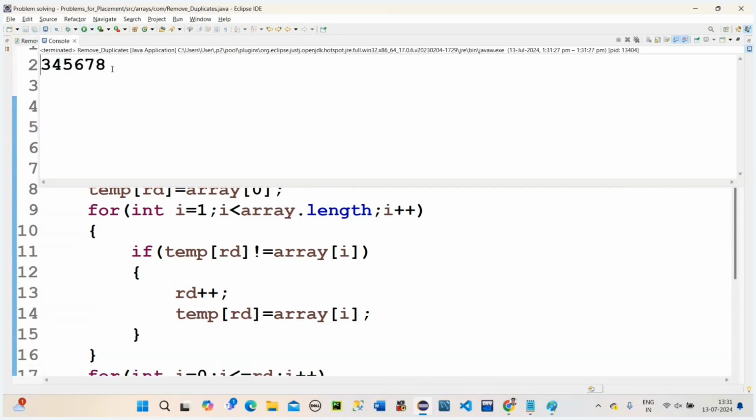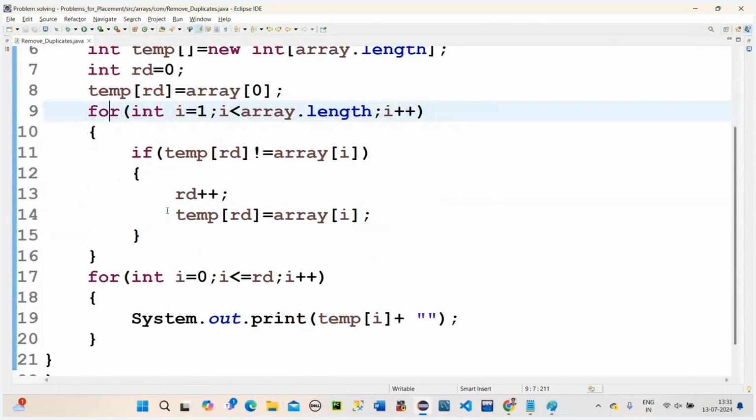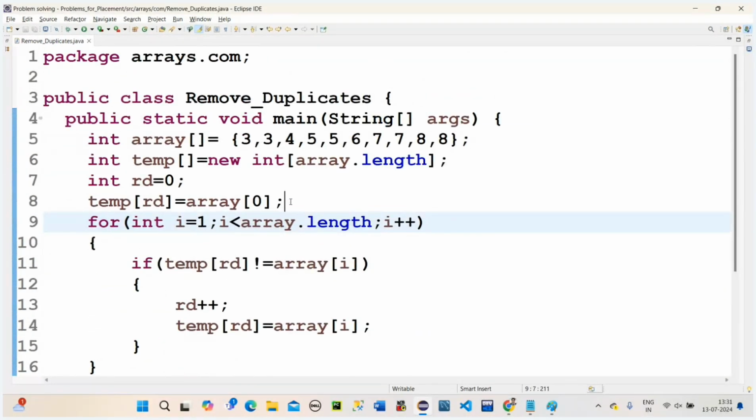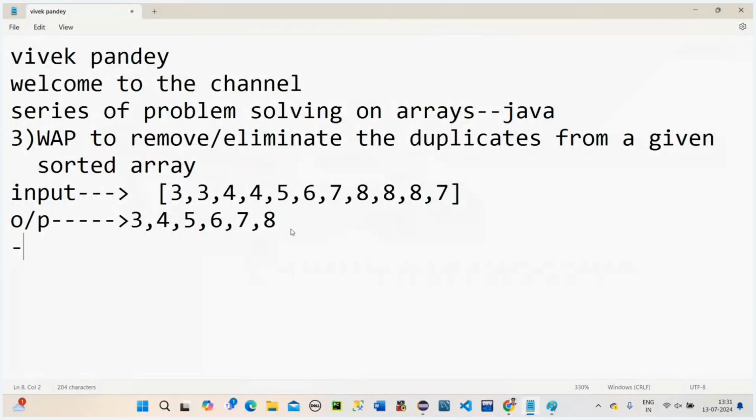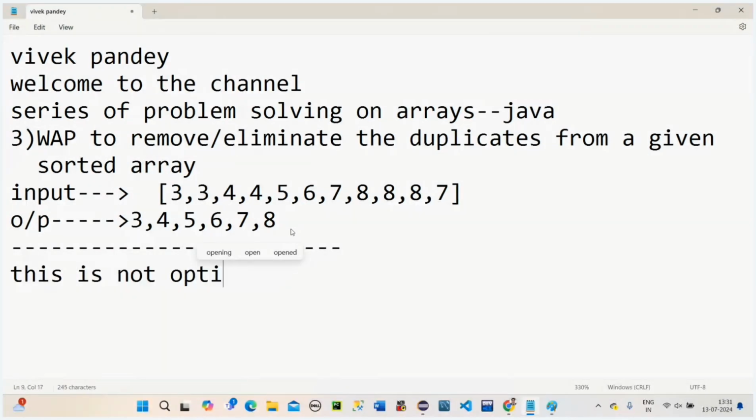So guys, we got the right solution, no duplicates. But the problem here is we are using one extra array. So it means time complexity, and it is not an optimal solution. In order to check the optimal solution, stay tuned, in the next video, in the next question,